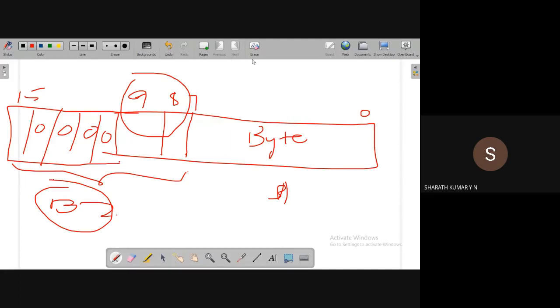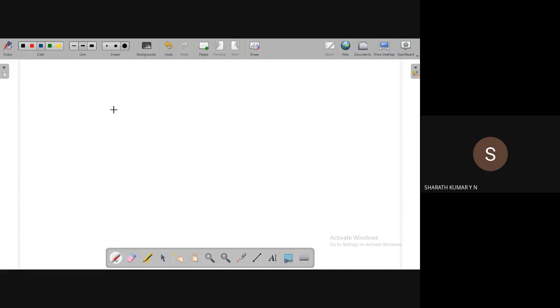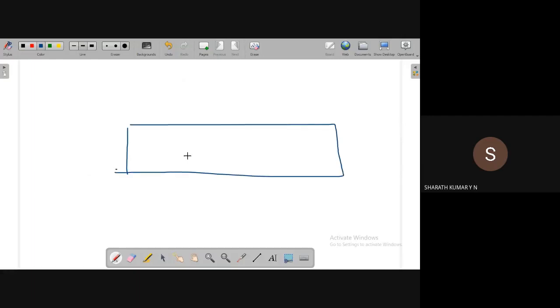What if the data is less than 8 bits in size? For example, let's say the data is only 4 bit or 3 bit. Let us say this is 5 bit, bits 0, 1, 2, 3, and 4. The data is only 5 bit in size. In that case,